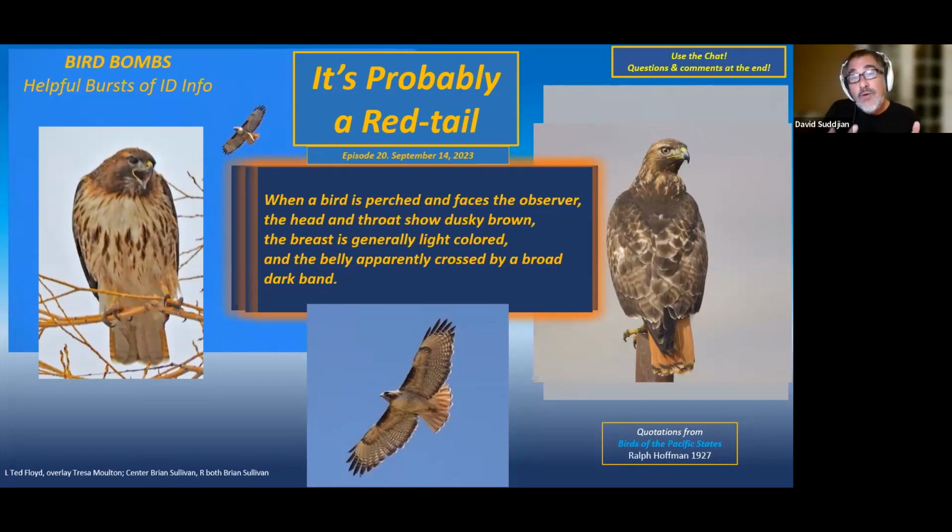But then as soon as we stick with the birding thing, we realize that there's a complexity here. We're familiar, but there's different ages. We're hearing about different subspecies, and there's these different color morphs even. And then we find out that there's other kinds of buteos, other kinds of hawks, and they also have different ages and different color morphs maybe. It gets very complex. And then we're out in the field, and gosh, these birds are often far away or up high in the sky, a little dot, or they fly off and we don't see them very well. So there's a lot of challenges involved with the red-tailed hawk. And yet,